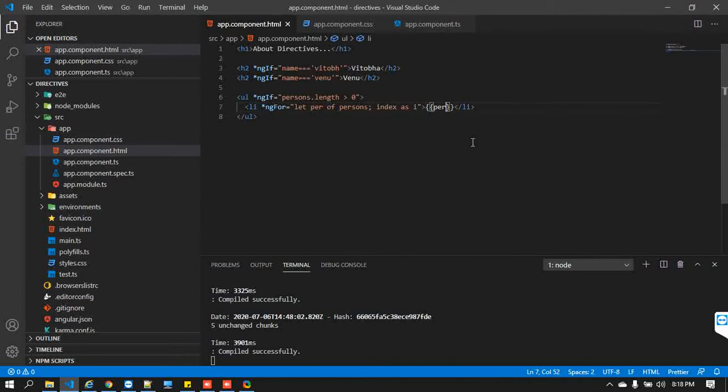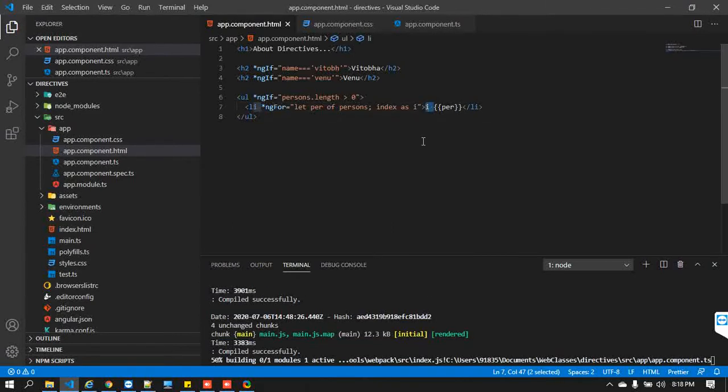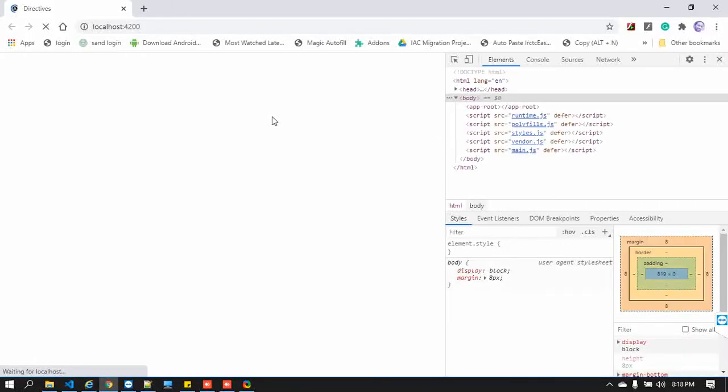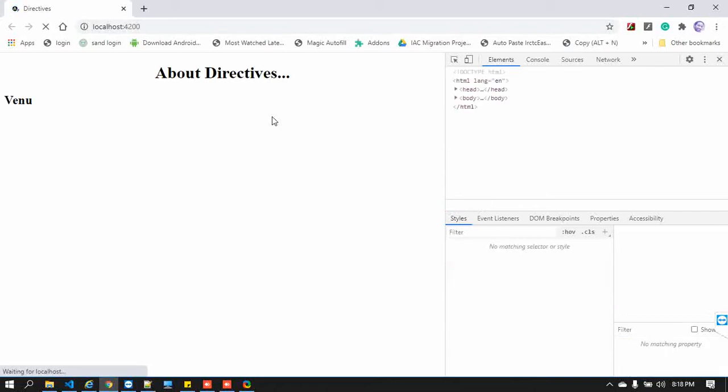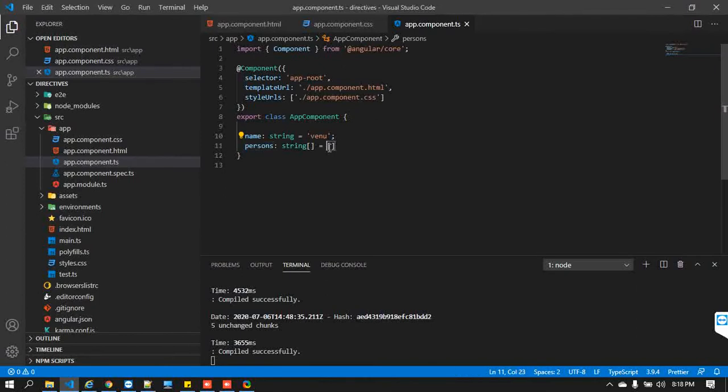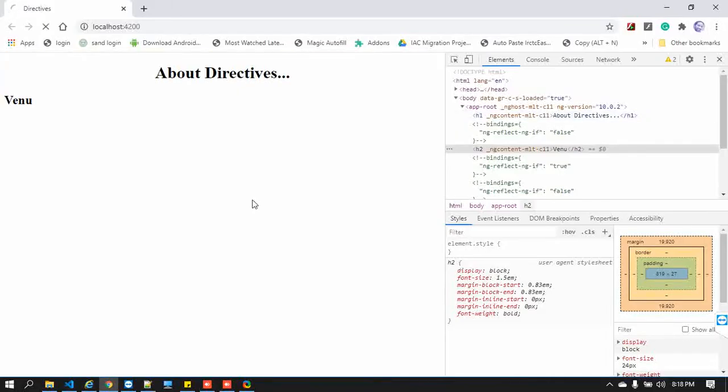I'm just taking the value directly. Let's see what will happen. We don't have any value at this moment, so we won't see any value. Now let me add something, save it, and come back here.